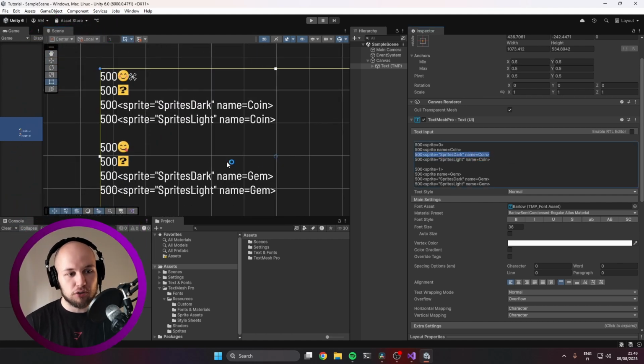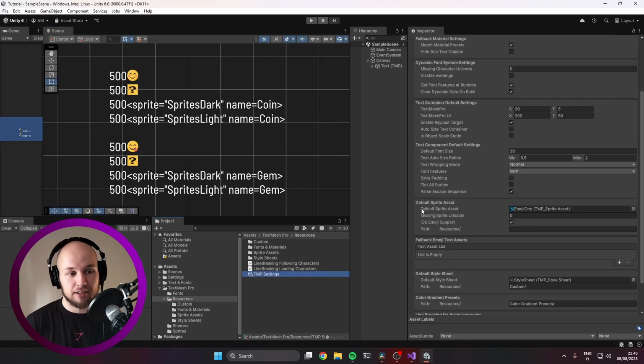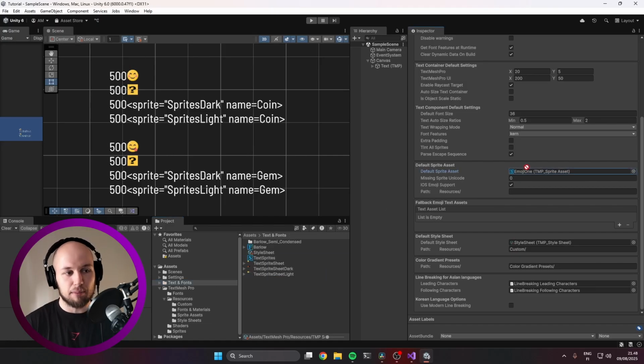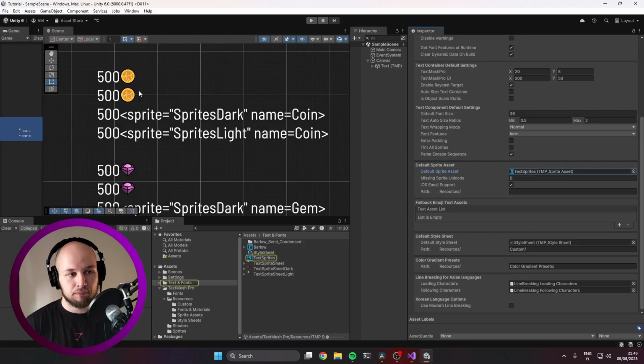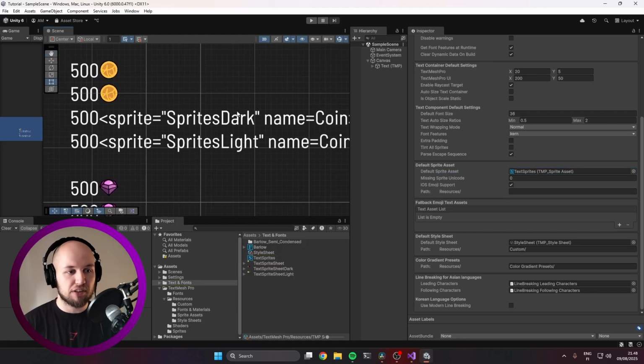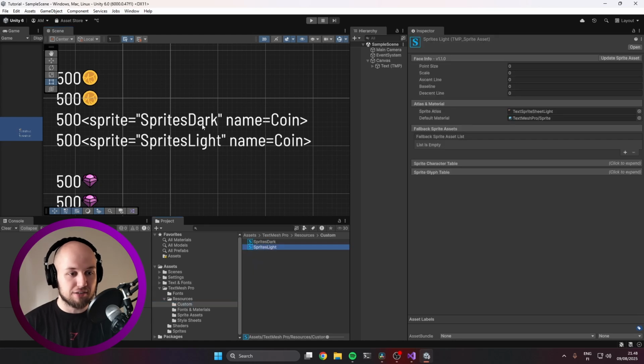Now this is because we haven't set the default emoji sheet in our TextMesh Pro settings. So go to the settings and drag and drop our new icon sheet into it, and you can see it immediately updated the sprites. Now I have also these dark and light variants of the icons, but they are not being rendered correctly. If you want to use multiple sprite assets, you can have them inside the TextMesh Pro /resources